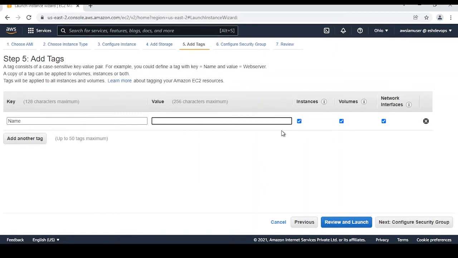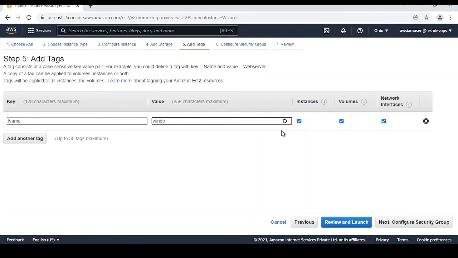If I give a proper, appropriate name to my EC2 instance, I can directly recognize which of the five instances belongs to the Windows machine. In that case, I don't have to go into each and every EC2 instance, log in, and check the machine type. So you have to give a very specific name to your EC2 instance, so that later you can recognize it and apply other services as well.